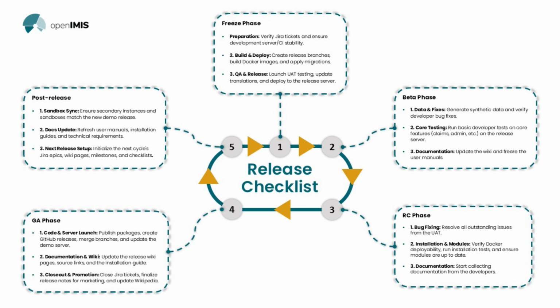Then here we have the beta phase. We could say it is a phase at the level of the developers, where they generate synthetic data and verify that what they've developed is working well. If not, they fix bugs internally. Then we have a core testing phase still run at the level of the developers' core group, where they test the different key functionalities. It could be enrollment, claims management, administration, and the rest in the release server. They do their documentations, and at the end of this, we have the final release candidate phase,